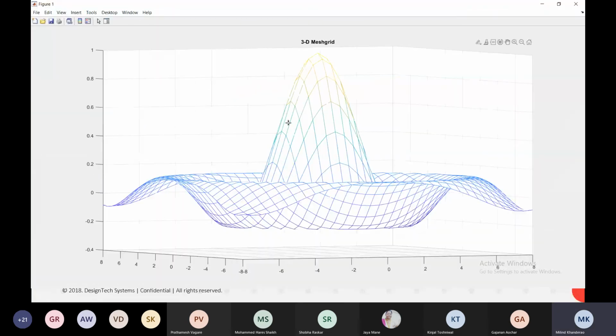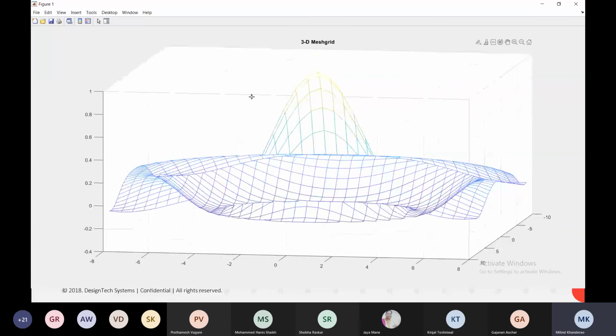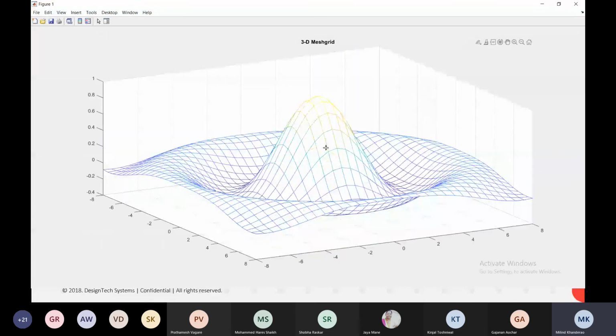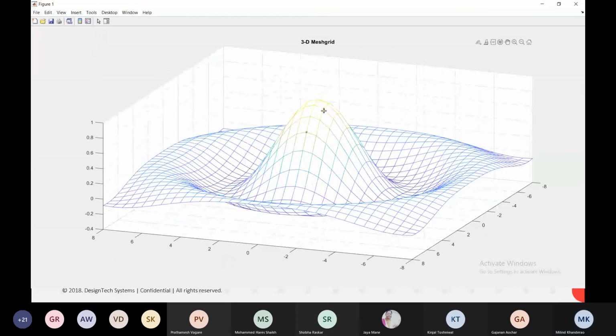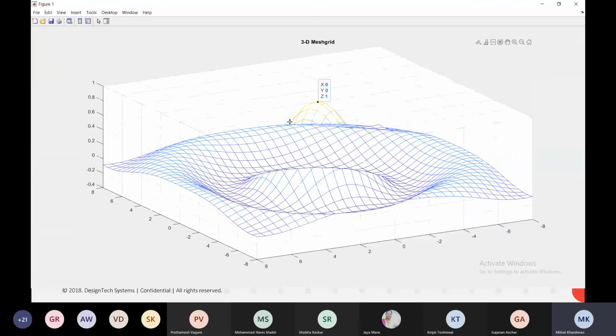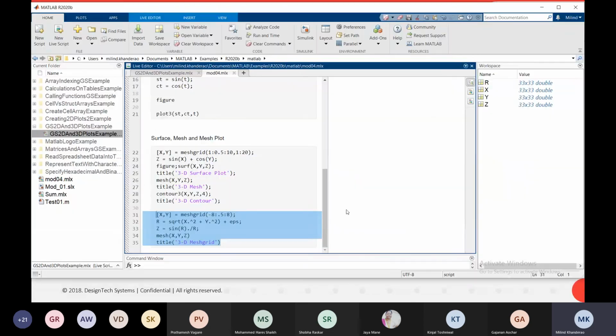You can see here how we created the top view, side view. You can mark a particular point. Let's say this is x 0, y 0, and z, which is 1. You can mark this point also, x, y, z. So one mesh grid example is with you.